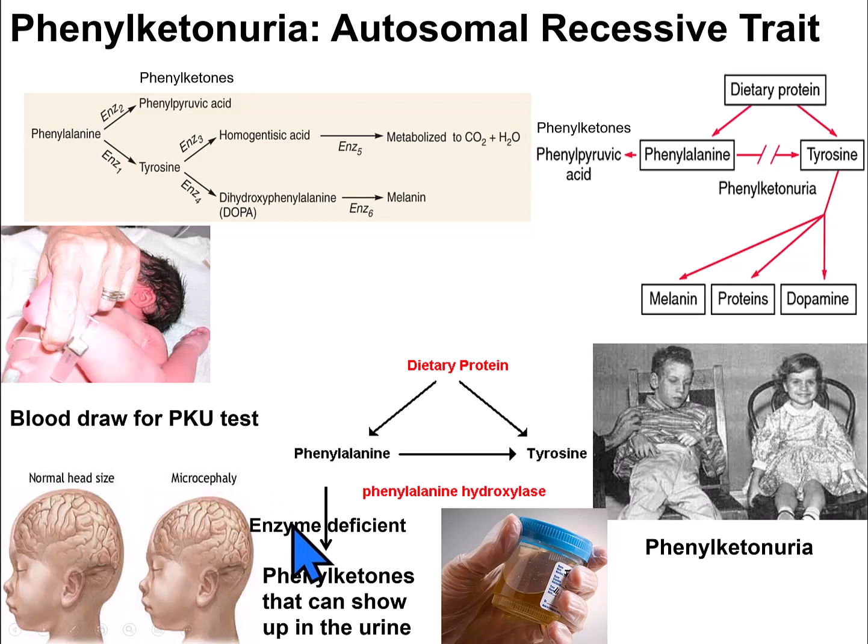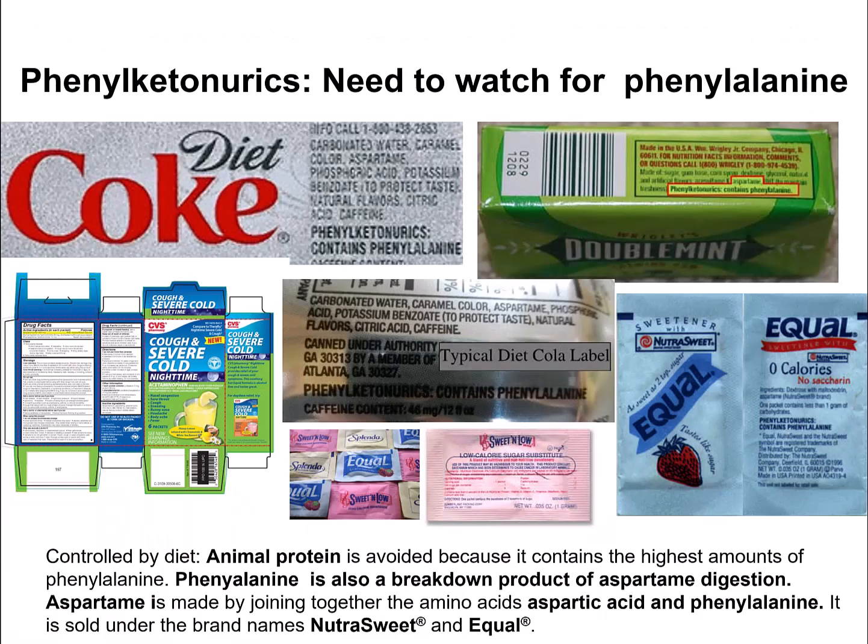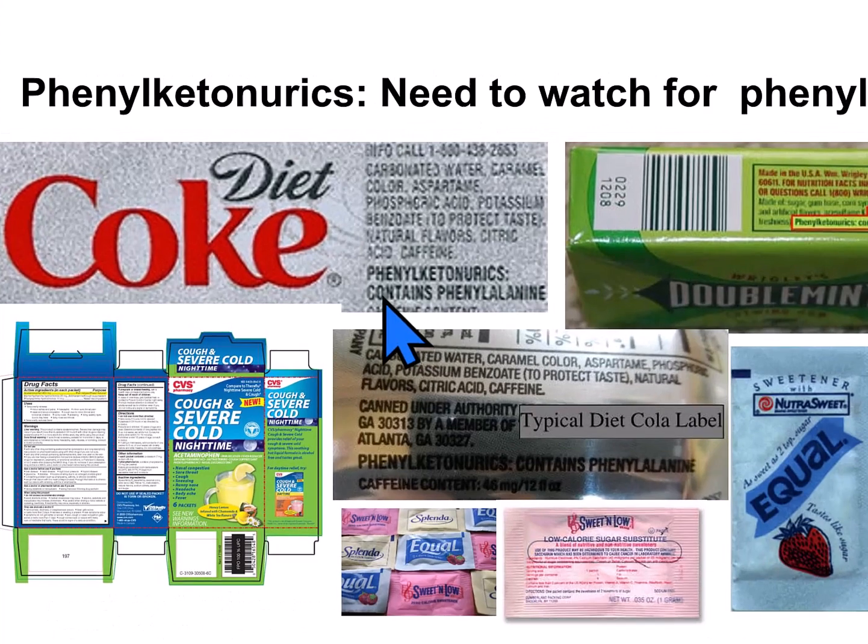In fact, people who have phenylketonuria, which is an autosomal recessive disorder, which means you inherit this from your parents, they can have reduced brain size, mental retardation, and other developmental aspects are reduced. When you look at things such as Diet Coke and substances that have artificial sweetener, you may have seen this on the back of it.